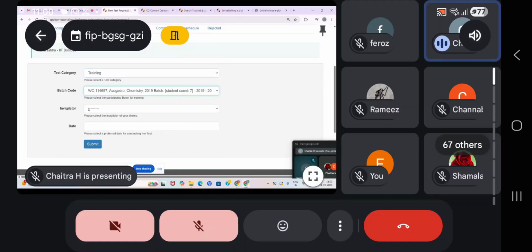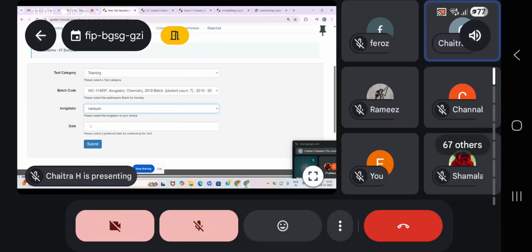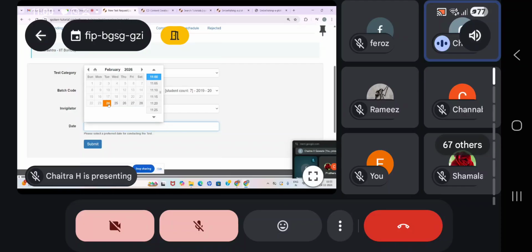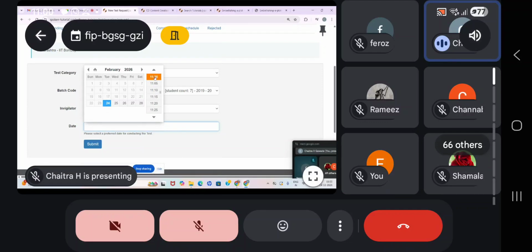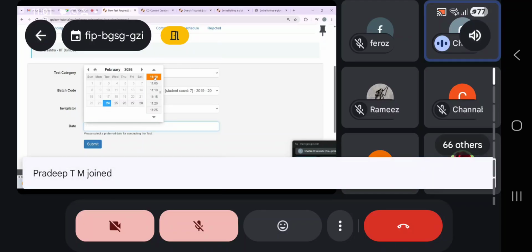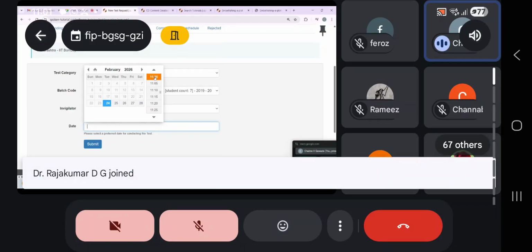We will be nominating one invigilator from this university, so that invigilator name will reflect. Date as per university flexibility and availability of students, once that training is done, and time also, anything. And one more thing, suppose you have selected 11 a.m. and the test doesn't start at 11 and due to some reason it starts at 11:30 or 12, that's completely fine, because once the student logs in and clicks on start the test, only then the actual counting will start from that time. So it's completely fine if the students appear late or start the test late.